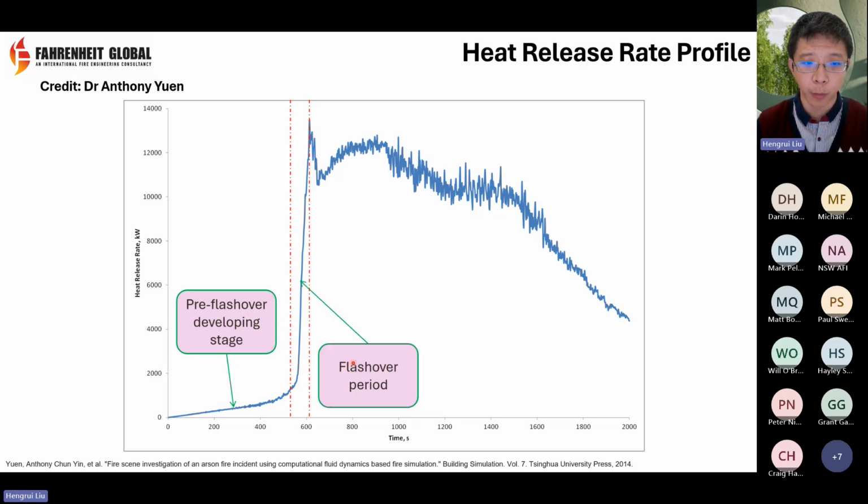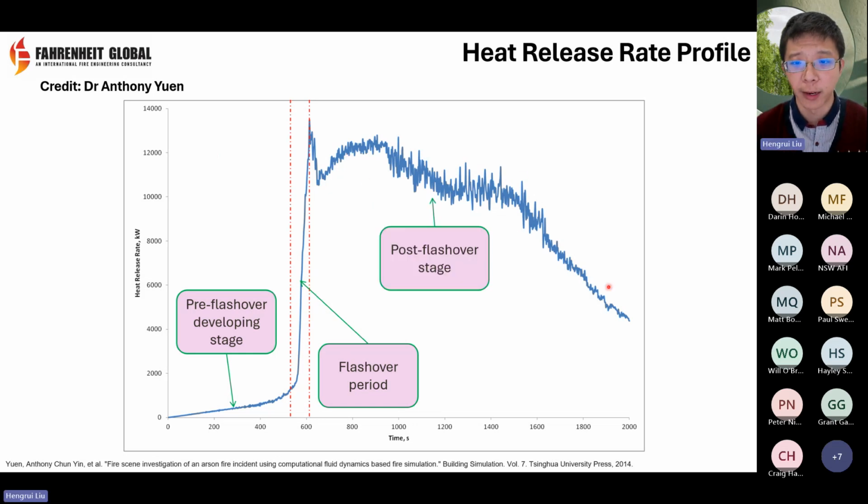But once the window breaks and fresh air comes in through the flashover period, it caused a significant growth in the heat release rate to around 12 megawatts. And it's sustained until it burns everything away, with a slow decay. That's the post-flashover stage. So my supervisors, in collaboration with FRNSW,